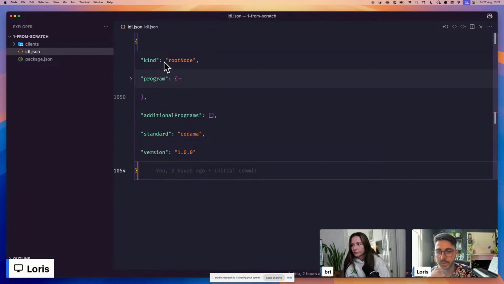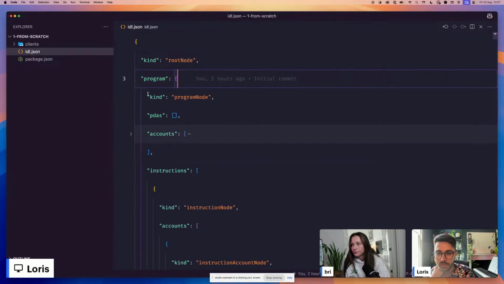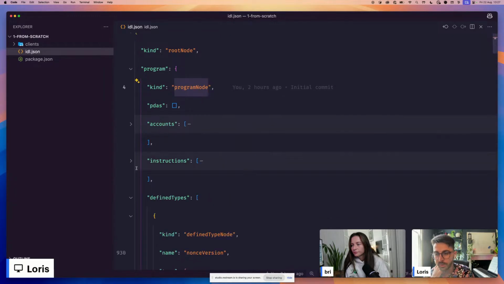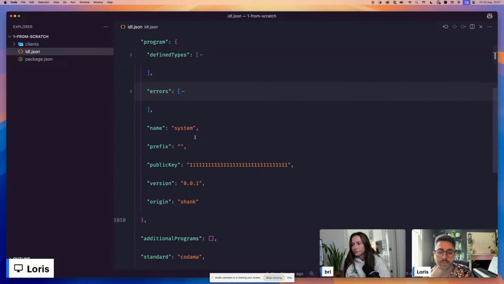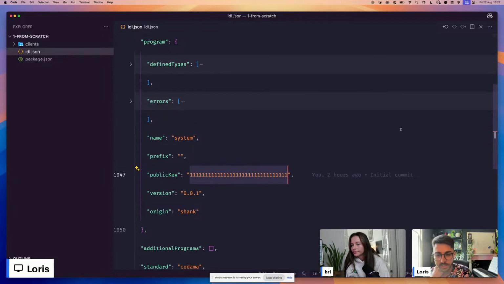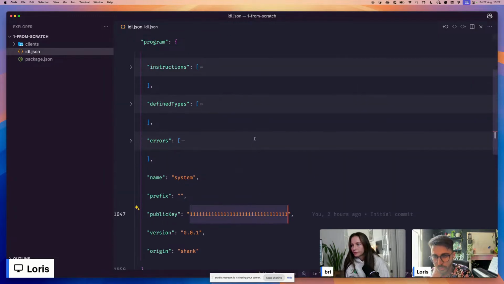But mainly what you're going to be most of the time writing your IDL on is this program attribute, which again you open and it's another node, which is called a program node. And this time, this is where you're going to have all of your instructions, your types, your accounts, your errors, and some of your metadata, like, I don't know, this public key and the version and things like that, right? So